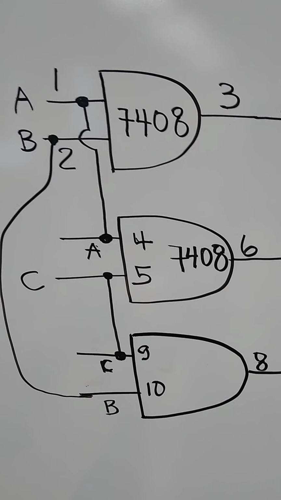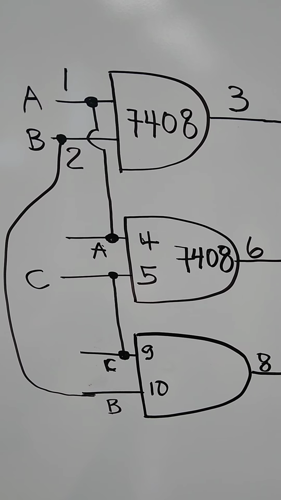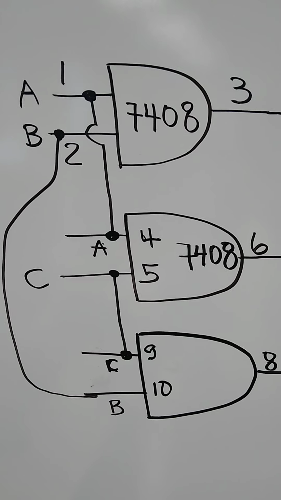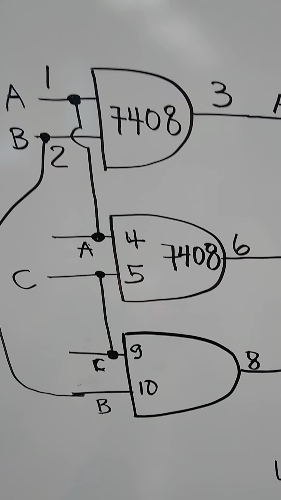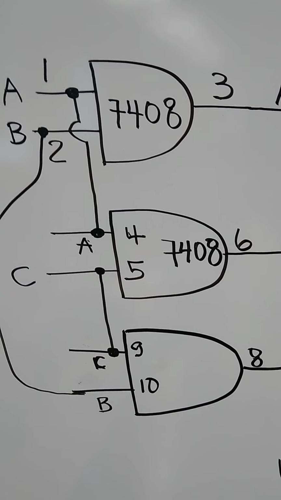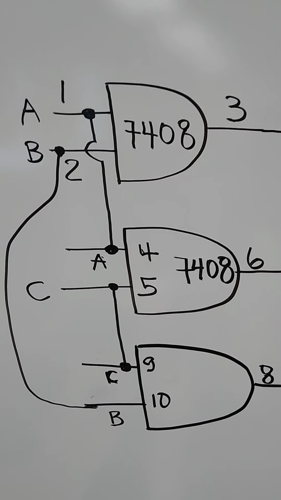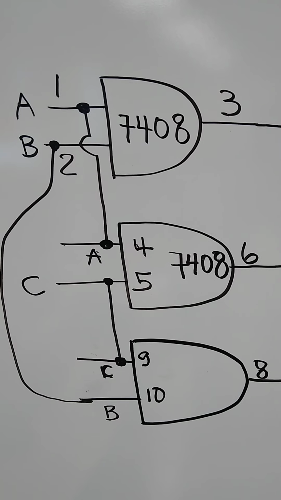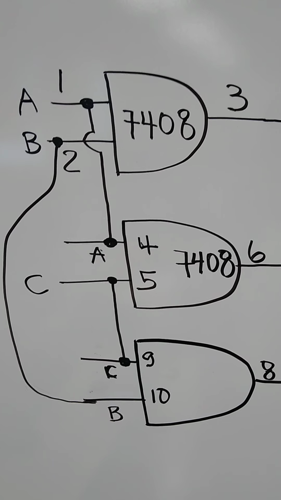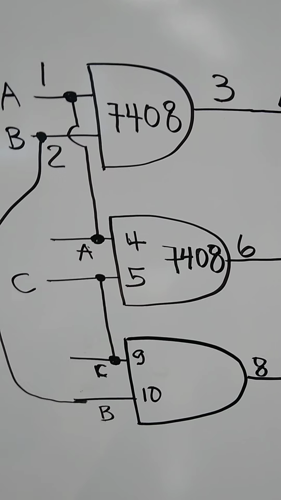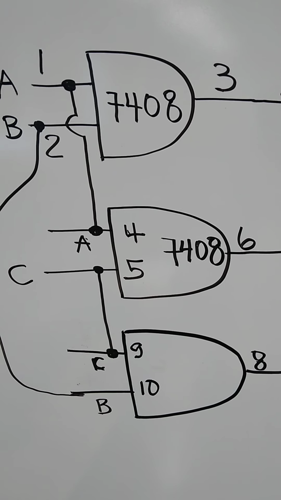Okay? For the third AND circuit, I will use the inputs 9 and 10 for C and B, and I will use the output 8. Okay? Don't forget that this circuit requires to be energized using the pin 14 for the positive 5 volts of the power supply and the pin number 7 for the ground. Okay? Then